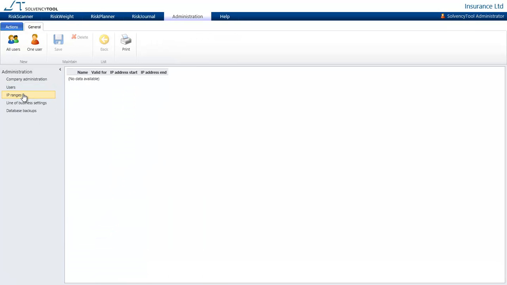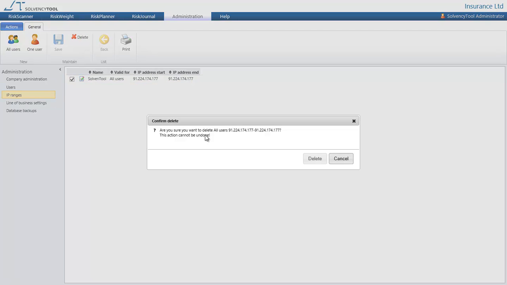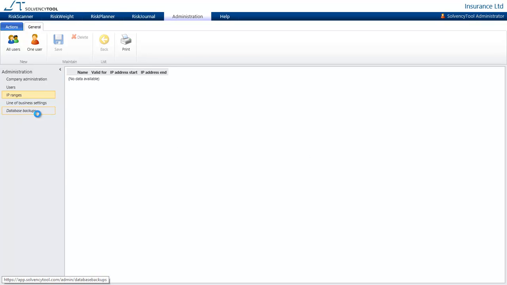Now, the final thing I will draw the attention to is the IP ranges, and I would suggest that you define a range for the particular company. Say, for instance, here I will define a range called SolvencyTool, and this will mean that only users coming from this IP address in the range here will have the right to access the system. Now I will delete this one again, and finally I will show you that you can